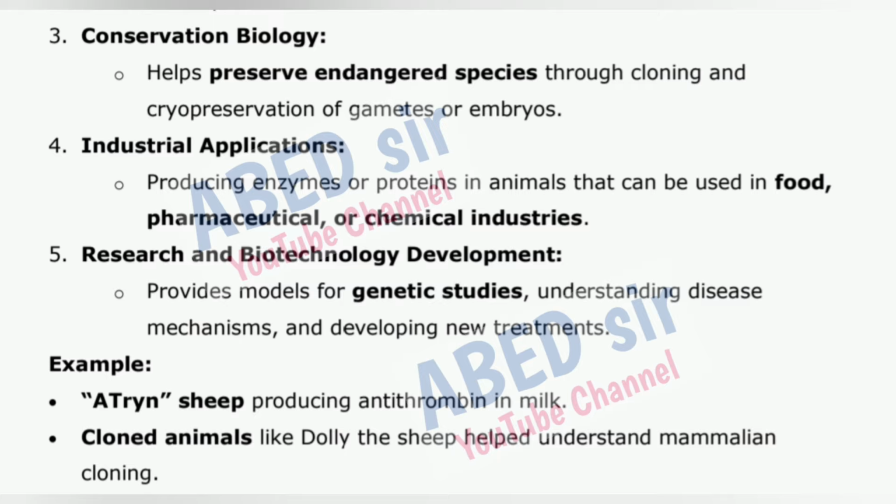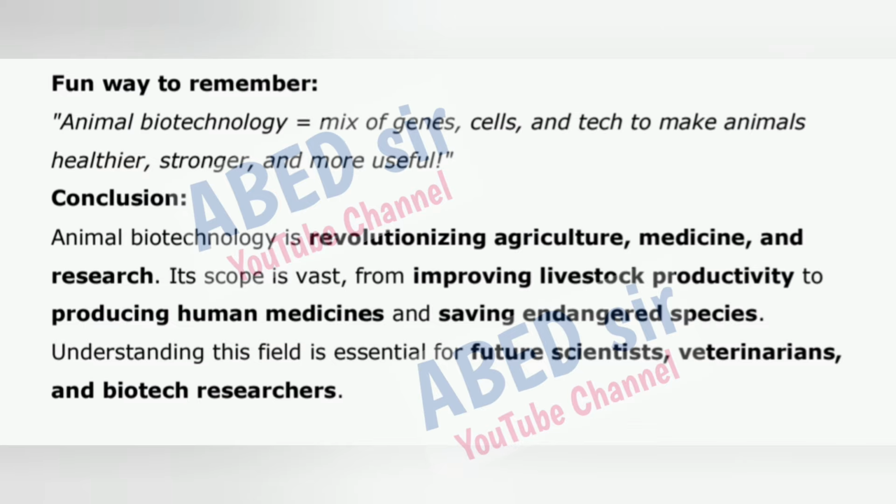Example: ATRYN sheep producing antithrombin in milk. Cloned animals like Dolly the sheep helped understand mammalian cloning. Fun way to remember: animal biotechnology equals a mix of genes, cells, and tech to make animals healthier, stronger,